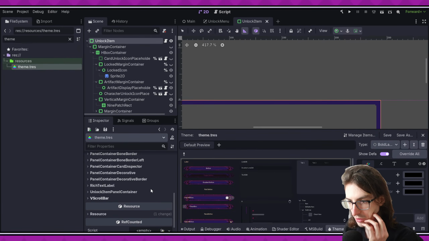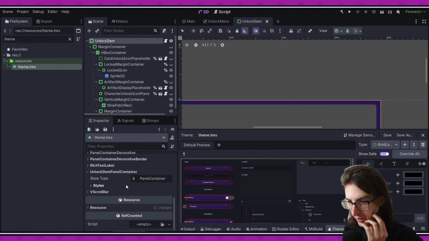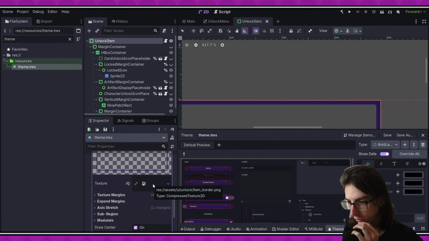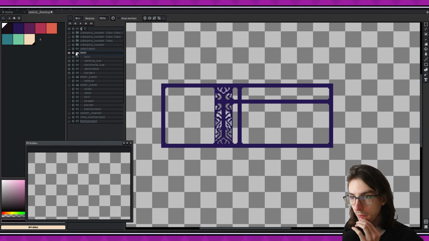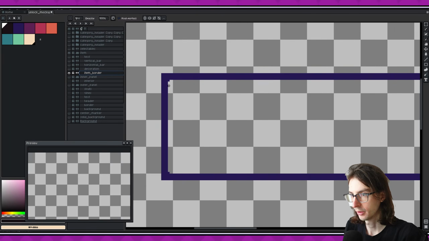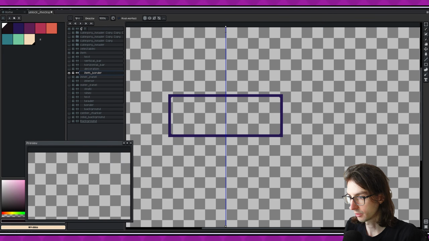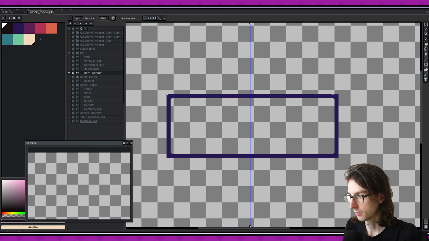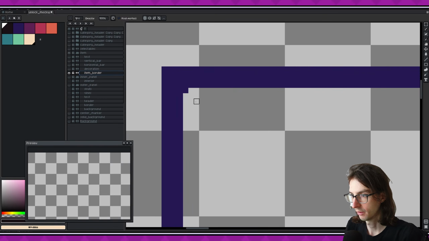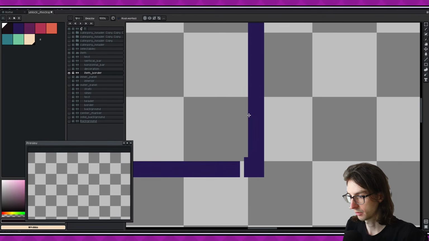Where is that? If I look at my panel container, unlock item panel container styles here. So this texture is item border. Okay, we'll call this item border here. Let's get rid of all these things. So what I need to do is basically, let's make this. Is there an easy way to see the centering? There we go. Okay. So if I do this, and I do that, and then this, and that,